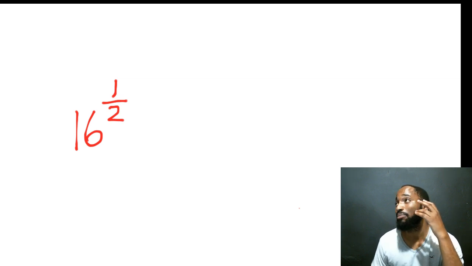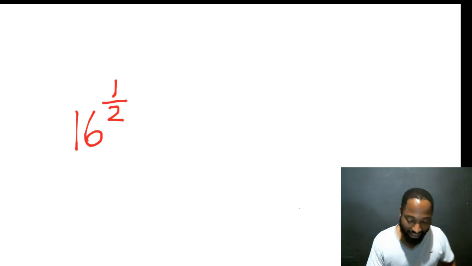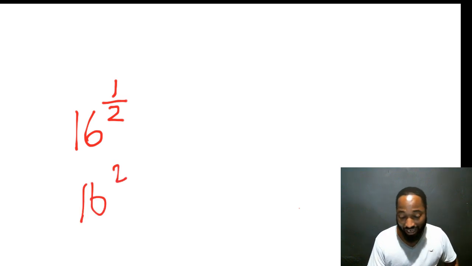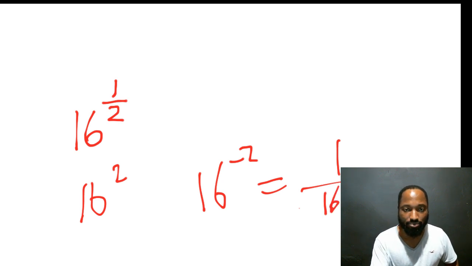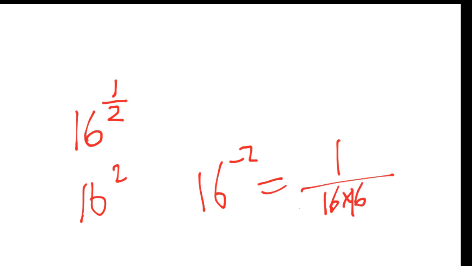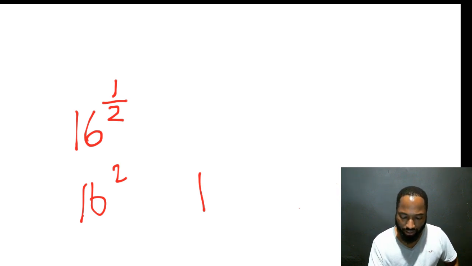So all the time I was raising to whole numbers, like 16 to the power of 2, and I even raised to a negative number already. We did that law already. What would happen if it was a negative number? 1 over 16 by 16, right? I just write 16 by 16 there. So that's how it would look. But that's not what's going on here. What's happening here? We're actually raising to a fraction.